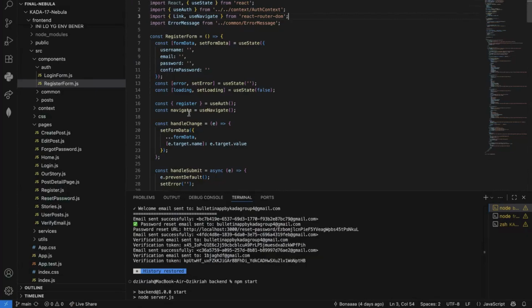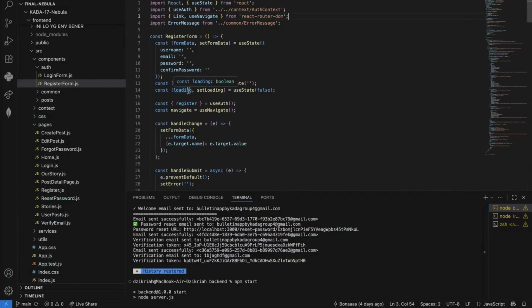Inside here, we have the state management. We have useState for the form data, error, and loading. The form data is to store the input values such as the username, email, password, and also the confirm password. And on the error side, we store the validation or the server error messages.